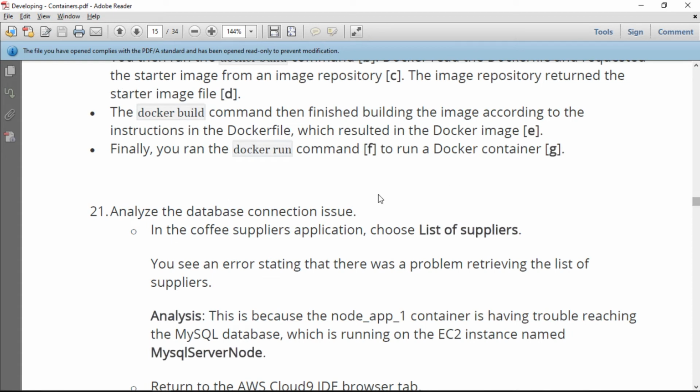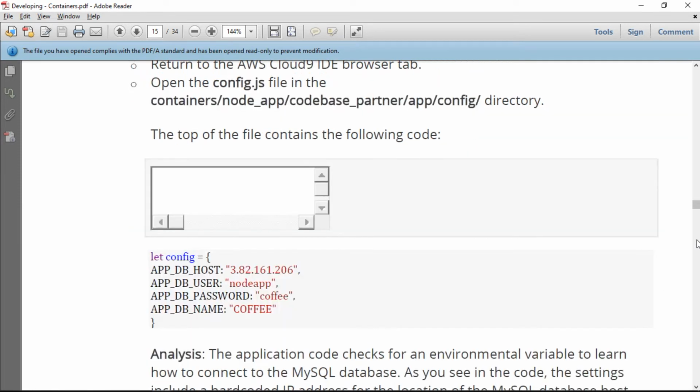So now this is point number 21, list of suppliers. If I click, you see an error stating that there is a problem retrieving the list of suppliers. This is because the node app container is having trouble reaching the MySQL database, which is running on the EC2 instance named MySQL server node. So what we will do,